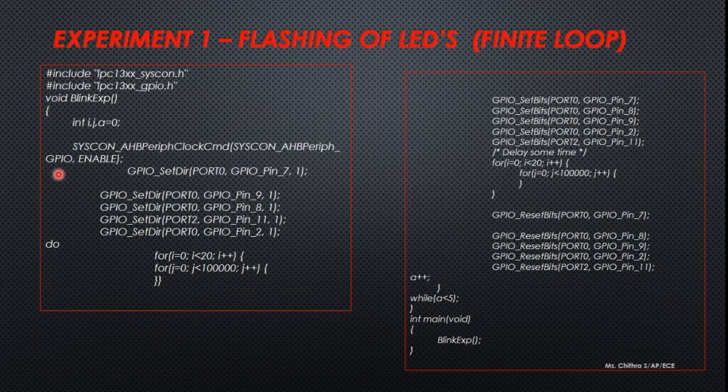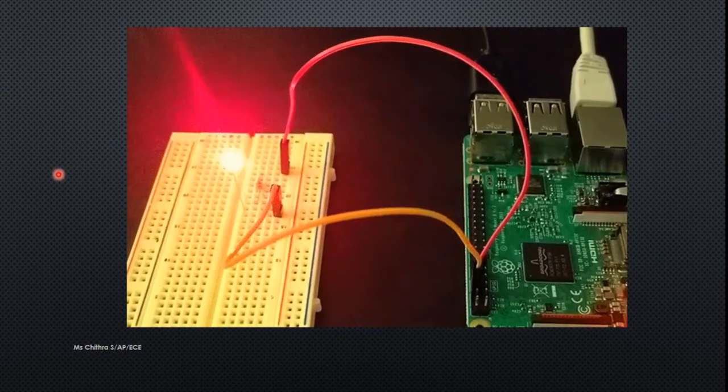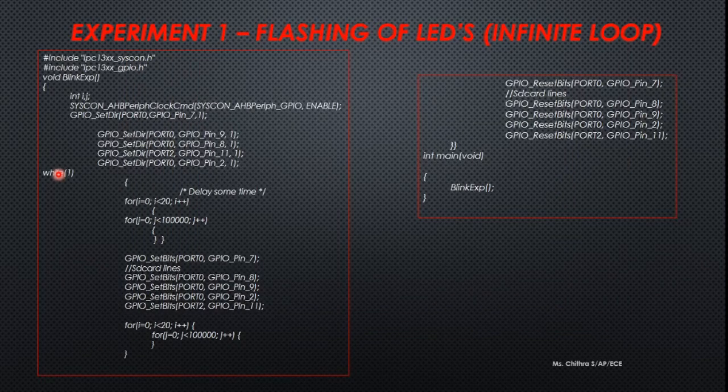Now, coming to a finite loop. Hope you observed that the LED goes on and off continuously without any stop. A finite loop is the same logic. If I want the LED to stop totally, for example after 3 times of on, off, on, off, then after that I want my LED to stop. If we make a small modification in this program, that can be achieved. This is the infinite loop, where the LED keeps going on and off again and again without any stop.